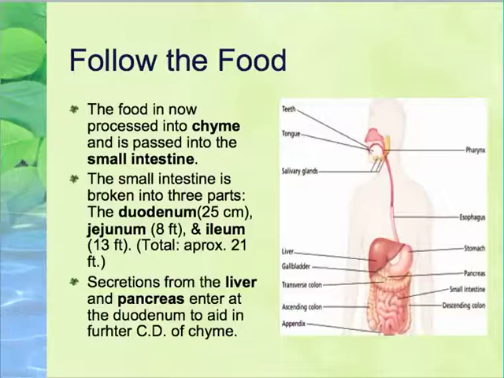Primarily, the duodenum is the place where all the accessory organs put their secretions into the digestive tract. You see, when we talk about the digestive system, there are organs that food doesn't travel through, but they do play a role. For example, food does not travel through the liver, food doesn't travel through the pancreas, through the gallbladder, or the spleen, okay? However, as a matter of fact, the spleen isn't really a digestive organ, but